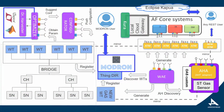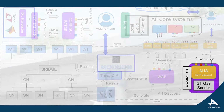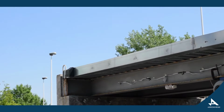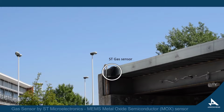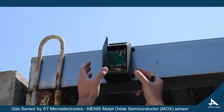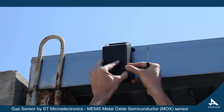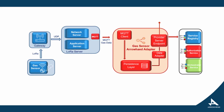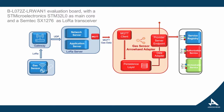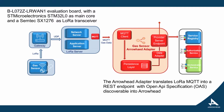Our baseline also hosts a legacy experimental gas sensor with a LoRa transceiver by ST Microelectronics, which can provide information about the concentration of gas and different kinds of volatile organic compounds, as well as environmental parameters. We equipped the sensor with a battery and a photovoltaic energy harvester and integrated it with the Eclipse Arrowhead Framework via an Arrowhead adapter, which translates the MQTT interface of the sensor into an HTTP REST Arrowhead service following the